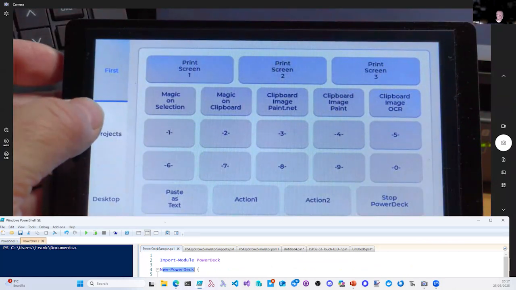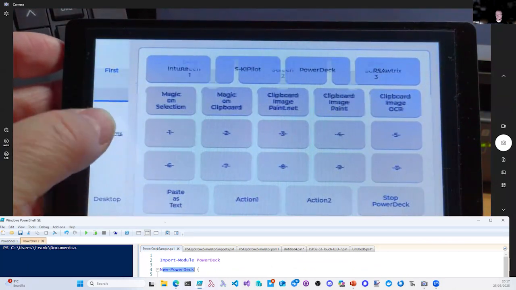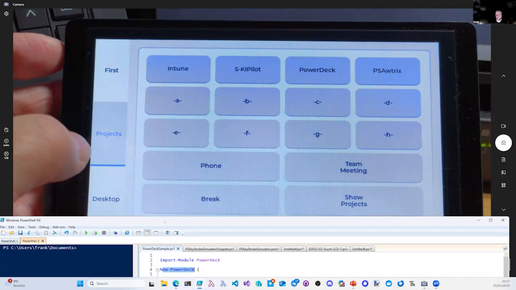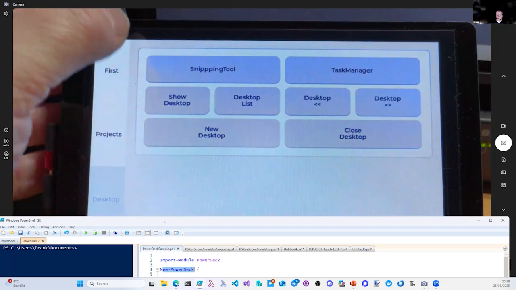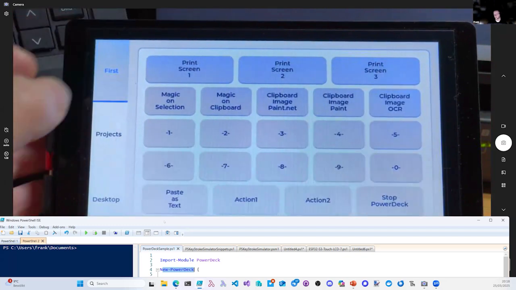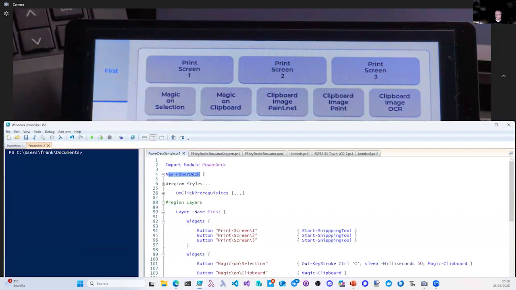So what you can see is the first layer. If I press this button, you see the next layer called projects and another layer called desktop. And when I go back to the first layer, you can see I have defined a layer named first, and I configure a bunch of buttons